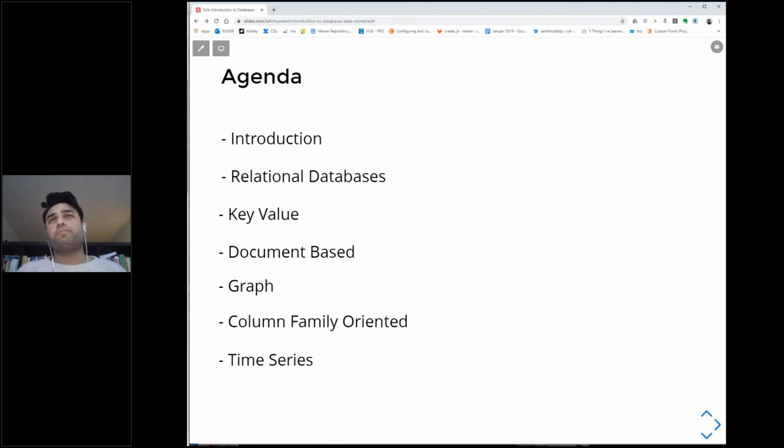Of course, this is a little bit of everything, so we don't have enough time to go deep. You could spend a couple of days on relational databases alone. So I'll do my best to cover the important parts of each database type.